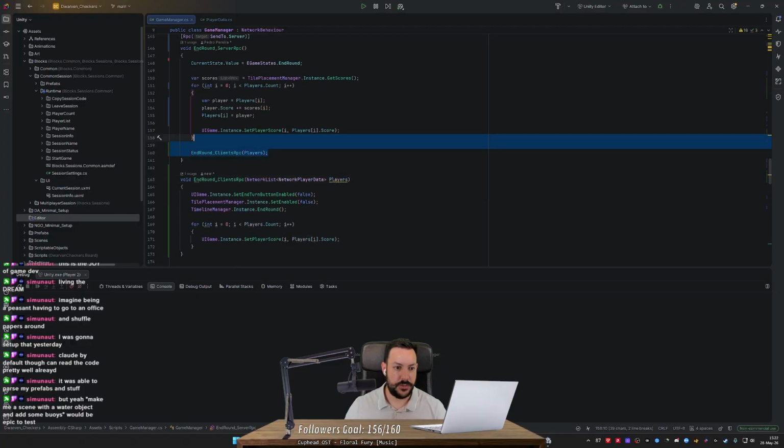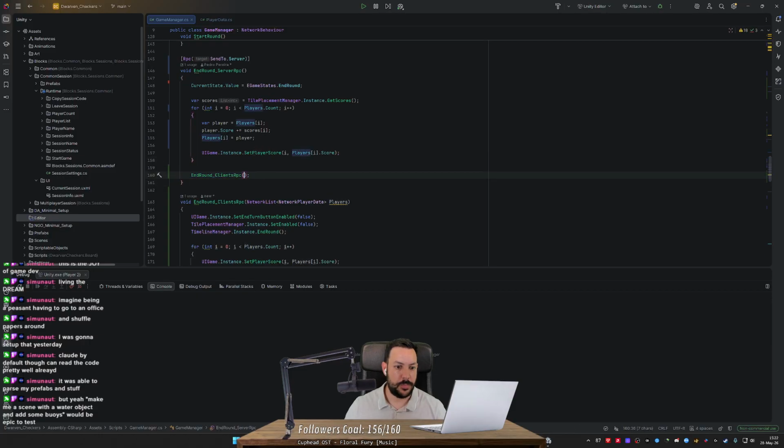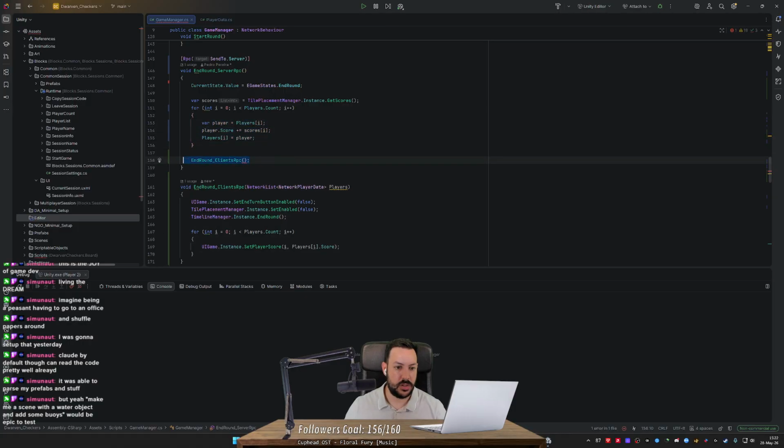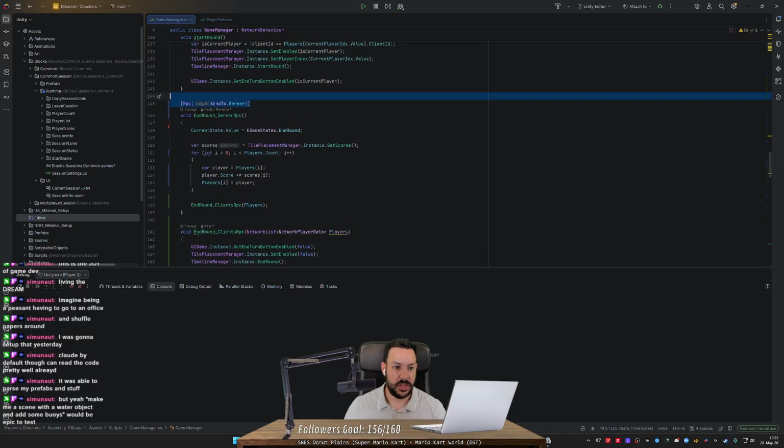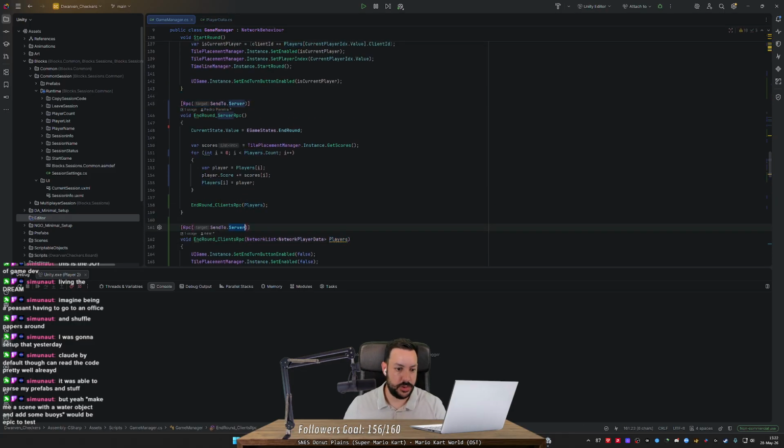Yeah, because the thing is, if I don't pass the players, then the server is modifying the player scores, but whenever it calls the RPC, the clients won't have the new scores yet. So I kinda need to pass a copy of the players here so that it actually works. Now I don't know if it's gonna enjoy this, but